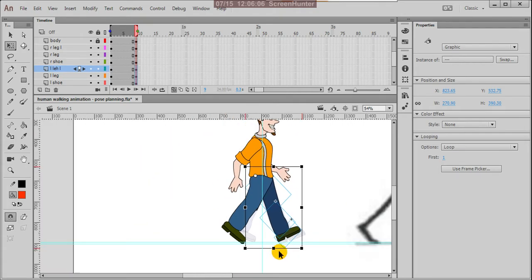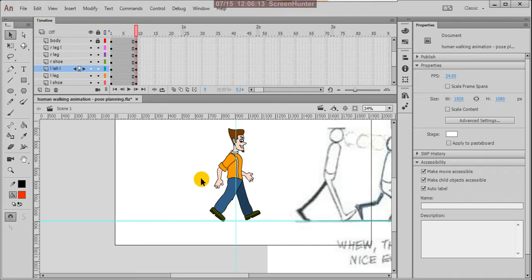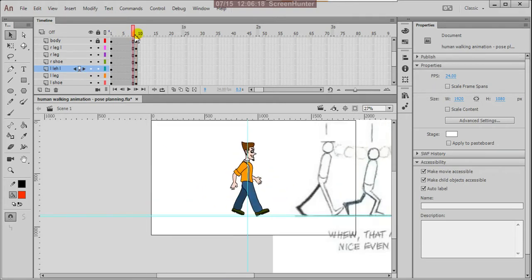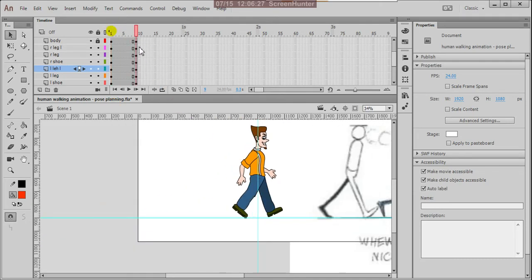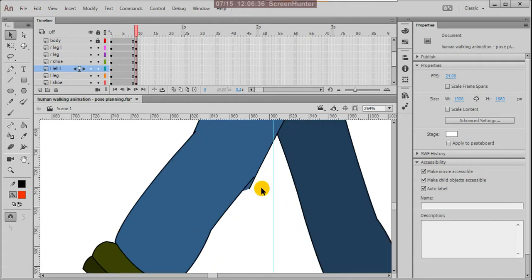Yeah, this is okay, nice. Now you can check this. See, both legs are in opposite, because we are using different colors to understand which one is the front leg and which one is the back leg. Good, right, perfect. But here do some adjustment.